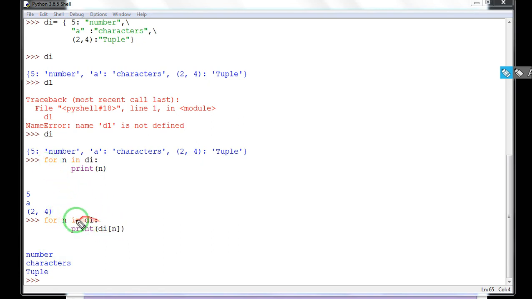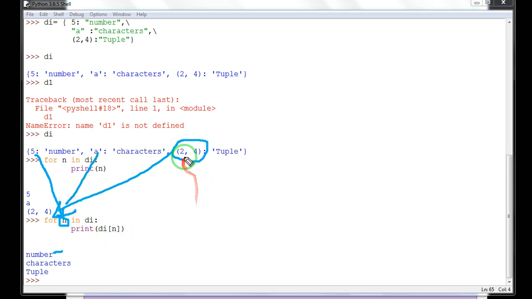First the key 5 is stored in n, and then di[5] displays number. In the next loop, a is stored inside n, and then di[n] displays characters. In the next loop this tuple key is assigned to n, and then di[(2, 4)] prints the value inside this key, which is a tuple. So therefore it is displaying this output.